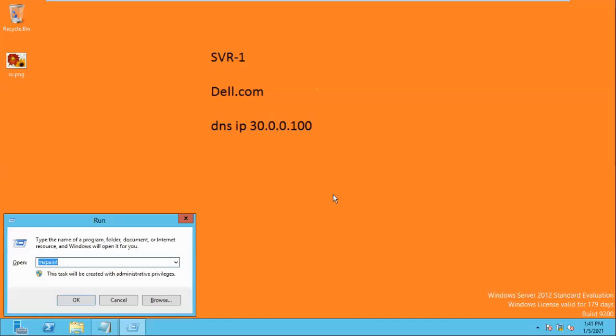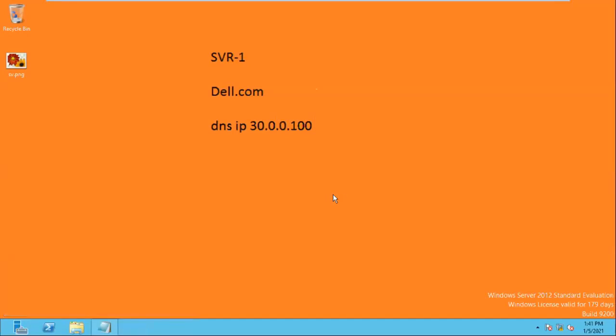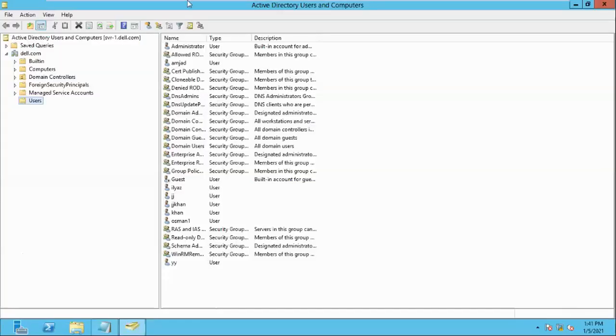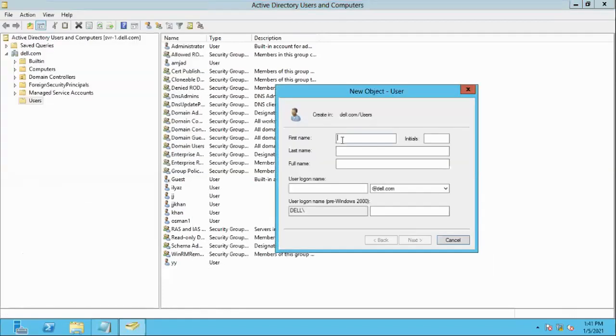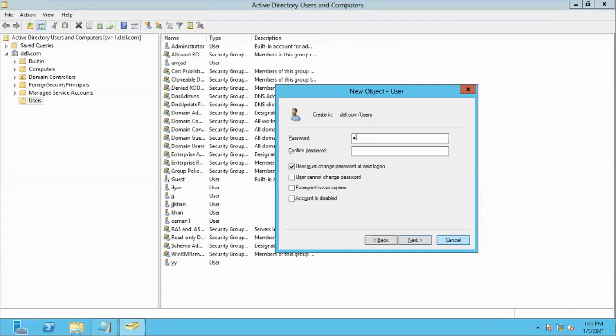Now I will go to Active Directory. What is the command? dsa.msc. A user is already created, so no problem, I will create a new user. MOHD, password SST@123.